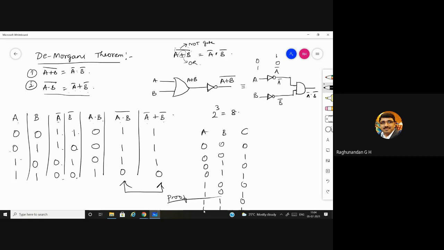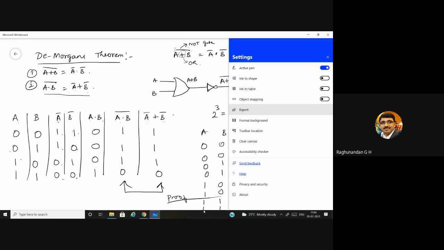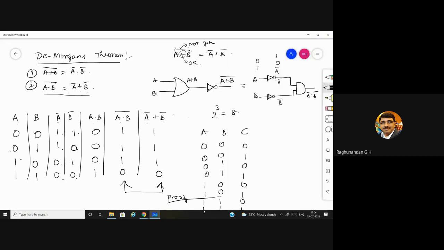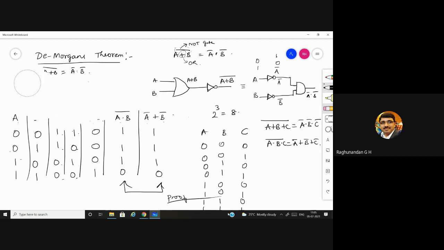and we are going to do as usual. Okay. And for that, equation will be A plus B plus C whole bar is equal to A bar into B bar into C bar. A into B into C whole bar is equal to A bar plus B bar plus C bar. Now, can anyone tell me the equation for De Morgan's theorem for 4 variables?